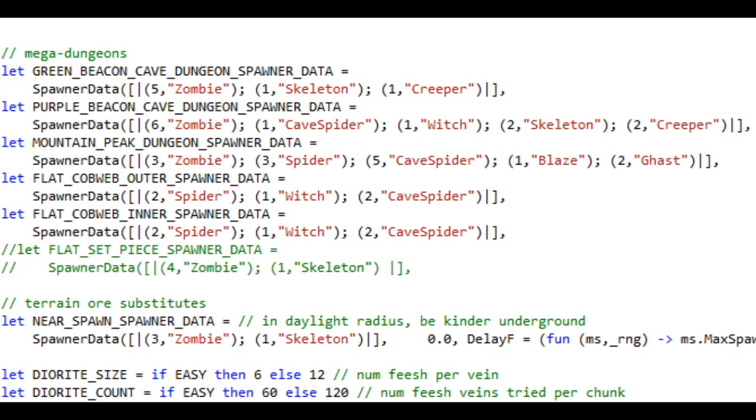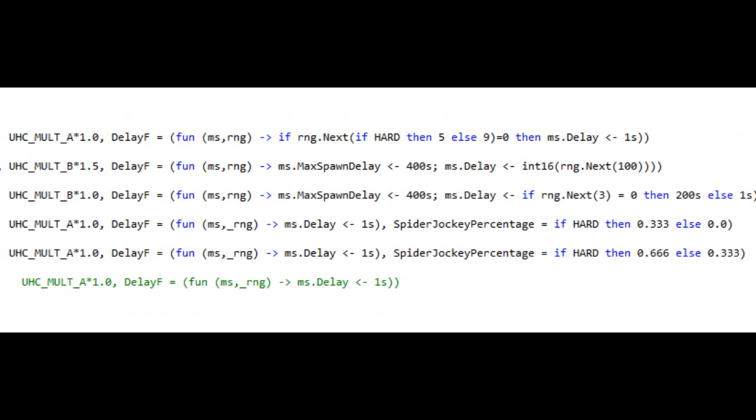And then there's also some code that has a delay function, which tells whether the spawners are primed or not, which is basically how many ticks it is going to take for the spawner to spin up. And they are either primed, where they spin up the immediate first tick that the player gets within range of them, which involves setting the delay to 1. Or they're not. And in the Green Beacon Cave, depending upon if you're in a hard version of the map or not, it's either every 1 in 5 or every 1 in 9